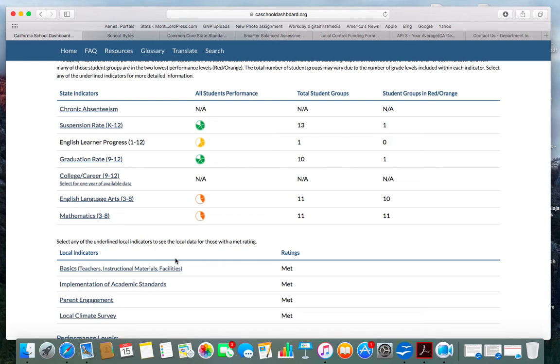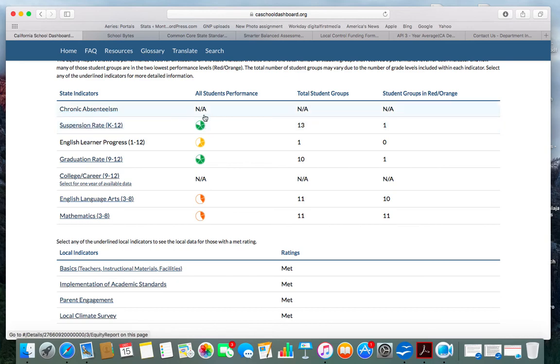One of the things the state is looking at this year that's very different from previous years is chronic absenteeism and suspension rates. State education officials are concerned that children who get suspended fall off the educational rails. But as we can see, MPUSD is doing really well in that category,